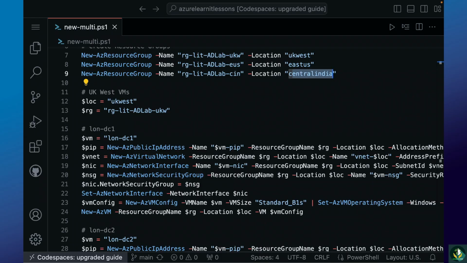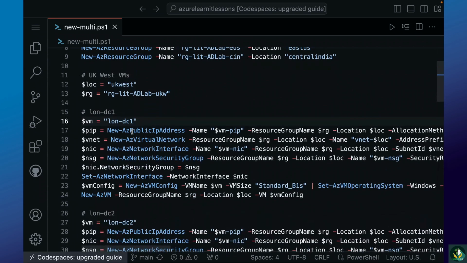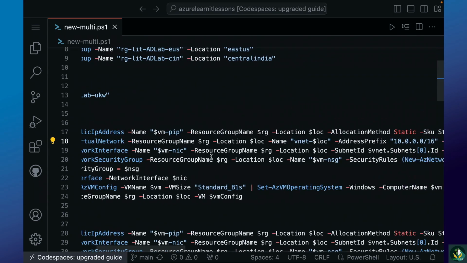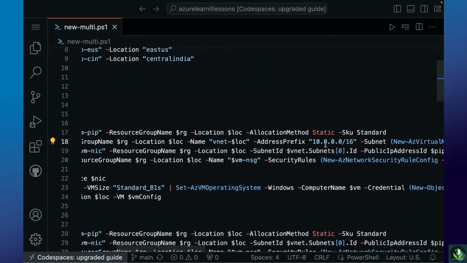So for each VM, we perform the following steps. As you can see, we've got a block for a VM, for instance, LON-DC1, and we name this virtual machine first, and then we create a public IP address for remote access with this variable pip, and then we use the New-AzPublicIpAddress command. Then we set up a network interface and associate it with the VNet. Here it is. And if we scroll to the right, as you can see, the address we are using here for the UK portion of VMs is